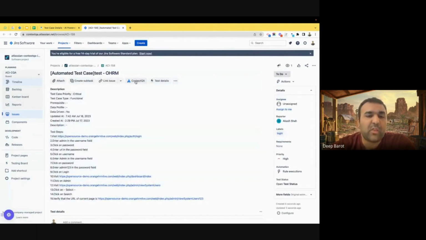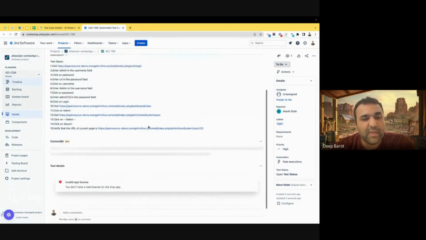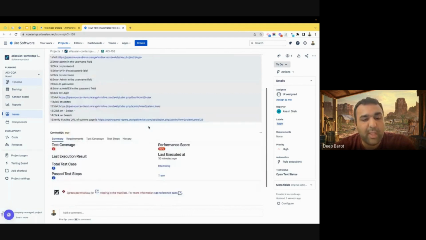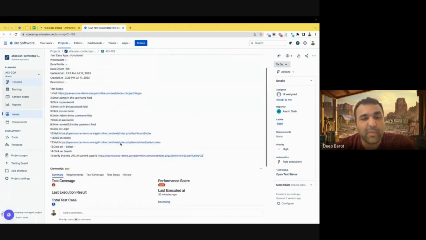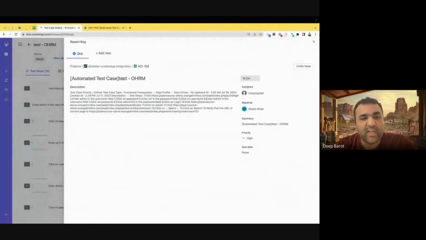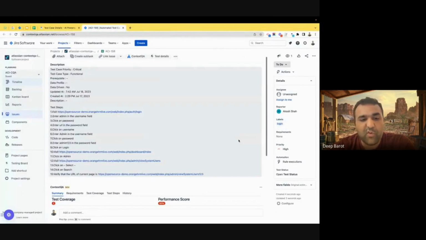In Jira, you need to install, or whoever your client is will have this ContextQA application already installed. So when you are talking with them in a stand-up, sprint planning, or retrospective meeting, you need to mention this information to them, that in this particular sprint you created these many bugs. For example, if you talk about the login feature,